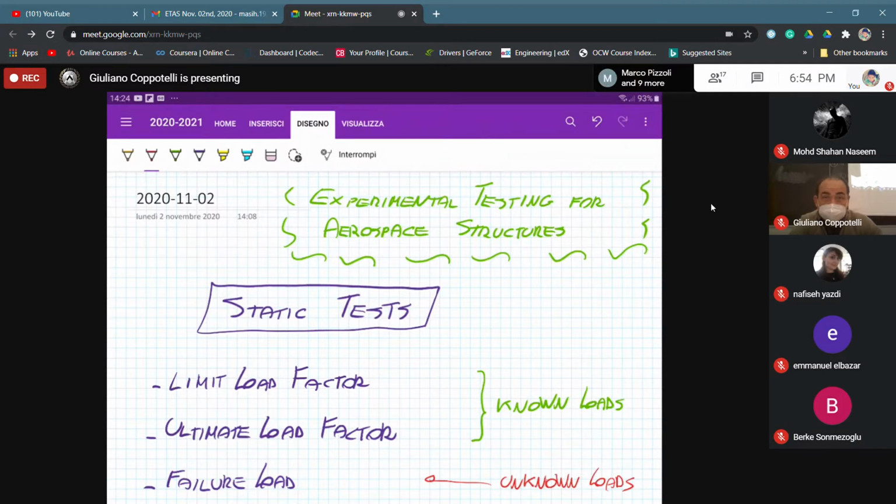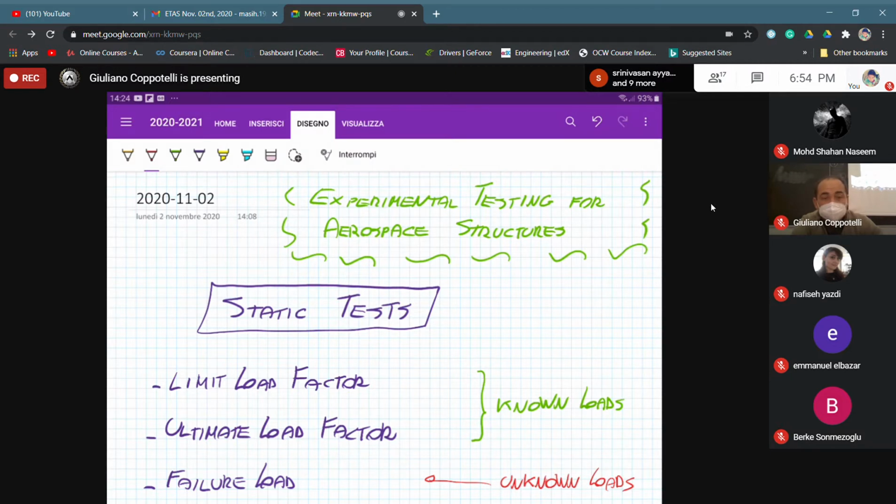Then we increase the load. The factor that we are using to increase the load from limit load factor to ultimate load factor is roughly 50%. So we multiply these loads by the factor 1.5. However, we discussed together a table, an example problem table, in which we see that according to the specific type of aircraft and according to the specific direction of the loading, we can have several values of this loading factor. However, we are increasing the load factor, so we are not expecting anymore that the response of the structure is in the field of linear behavior